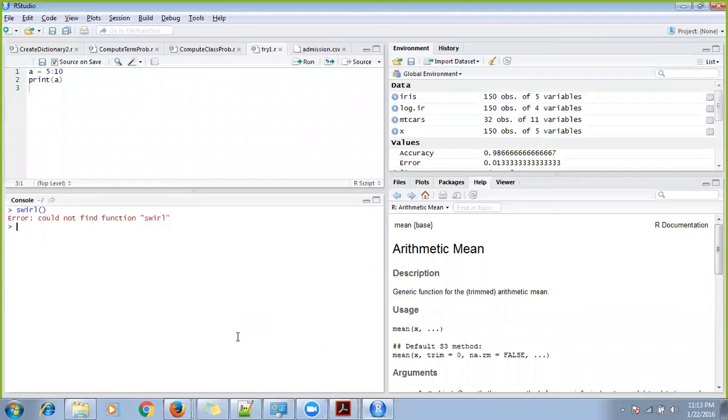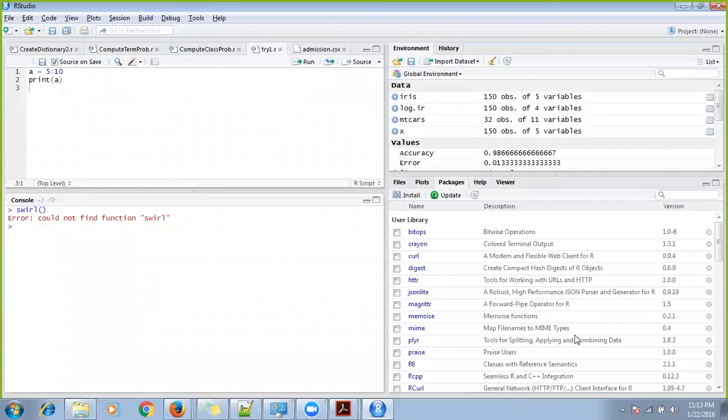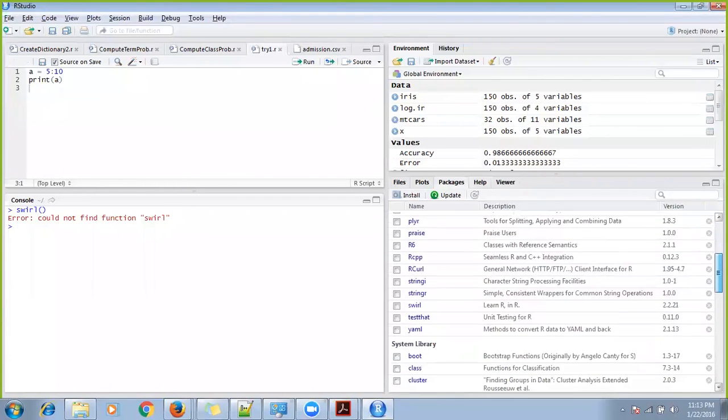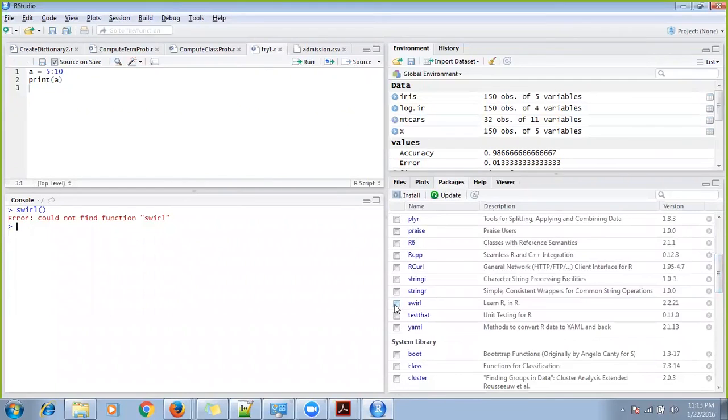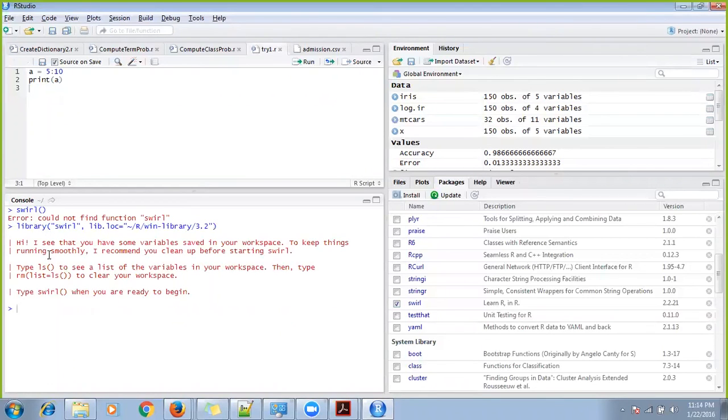Yeah. So okay, there is a mistake I made. I have installed swirl, but I have not loaded the package. The package is installed, but not loaded. To load a package, what you need to do is go to this tab, this third tab. Do you see Packages here? Click on Packages, and just search for swirl. Do you see swirl? You just hit the radio button, just tick here. If you tick here, it will load that package for you. Okay, it is loading. It has loaded the swirl package.